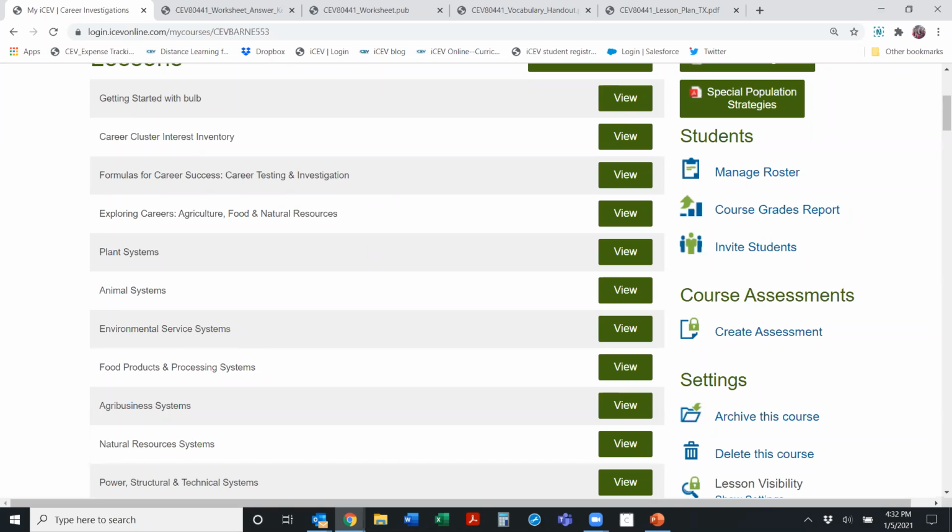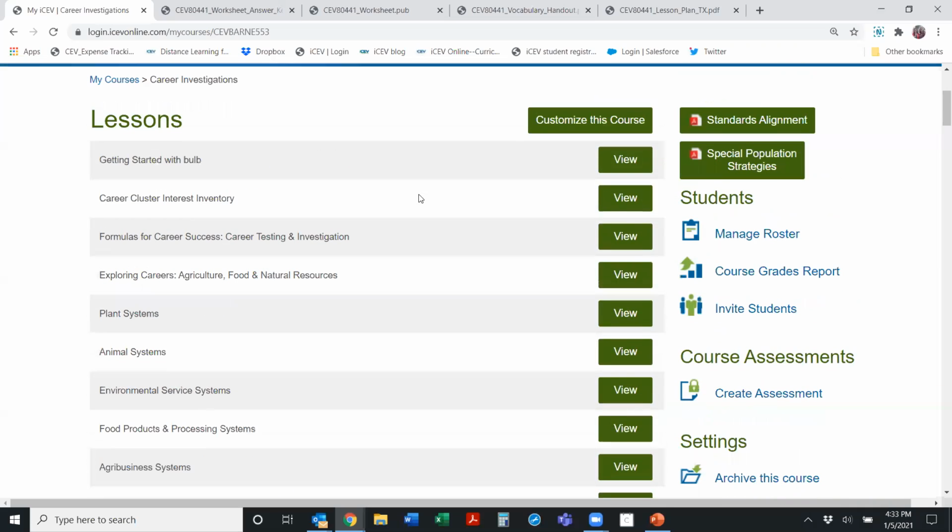Sure. It says, is it possible to assign just part of the video PowerPoint, like assign only section 1, because it won't let you assign the videos more than once. But usually I only want 1 or 2 sections per day. Actually, I had a teacher want to do that very same thing. She wanted to break that video down into little videos. You can't break down our videos, but you can break down our PowerPoints.